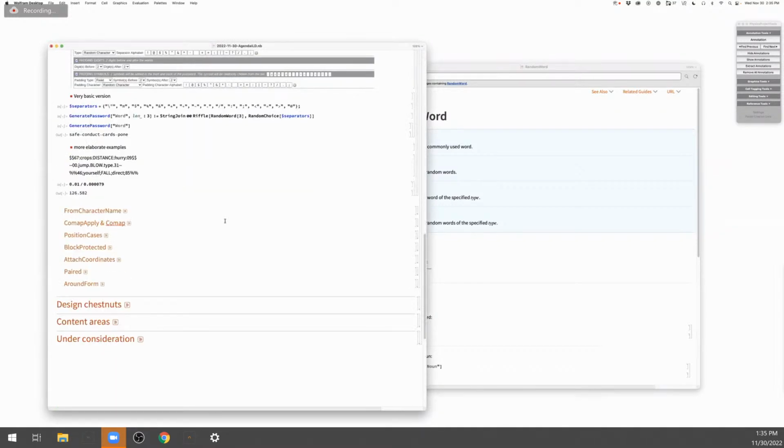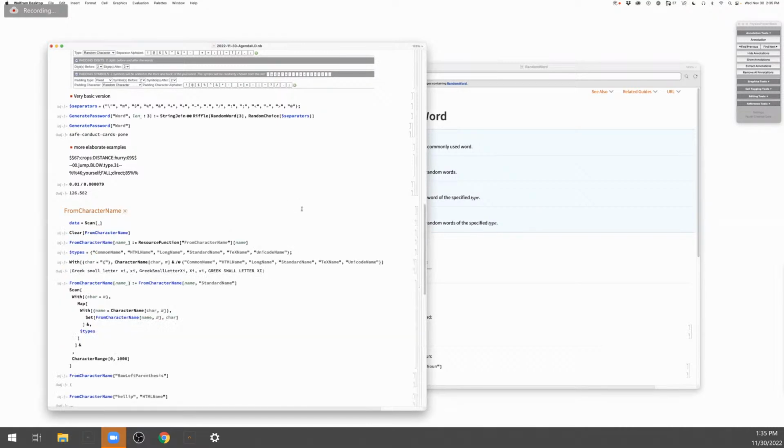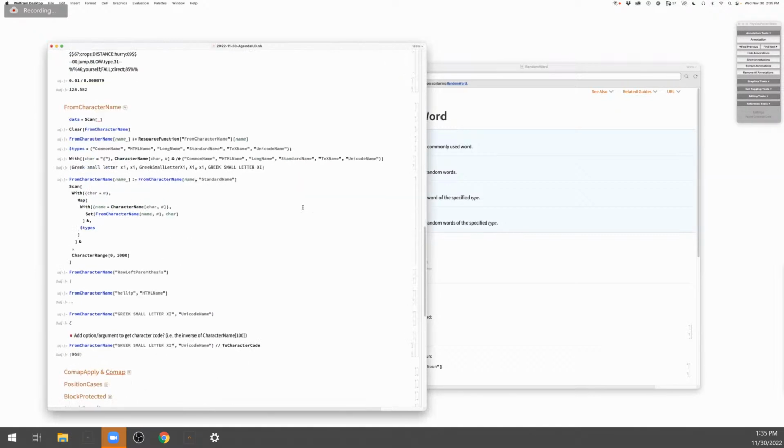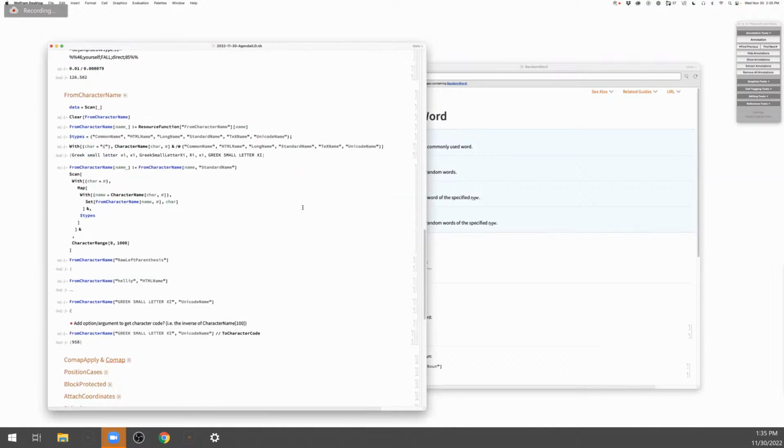Okay, on to the next thing. These are two good functions we got to find here, so let's go to the next thing. From character name. So this is basically the inverse operation for character name. We looked at a WFR version of this and spec'd out the idea that we would also be able to specify what type of character name it comes from. This is kind of just a toy version of it, but